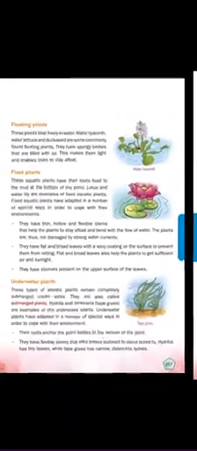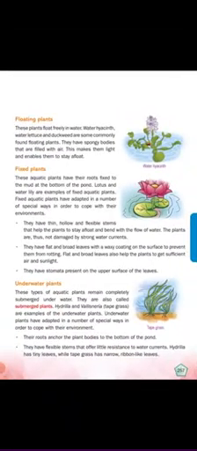So next we are going to see about the underwater plants. Some plants will be merged inside. For example, you might have seen the Discovery Channel. When they show fish and snakes, inside the sea we can see some plants. So that is called underwater plants. The plants which are submerged underwater are called submerged plants.